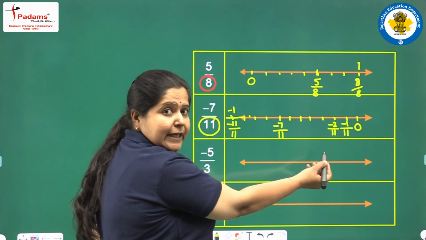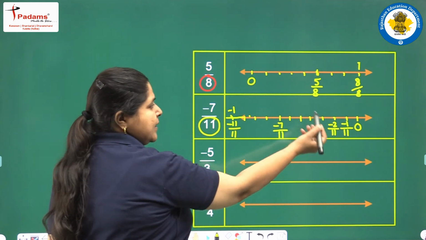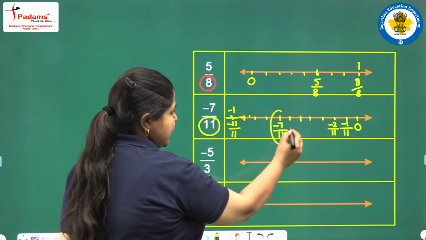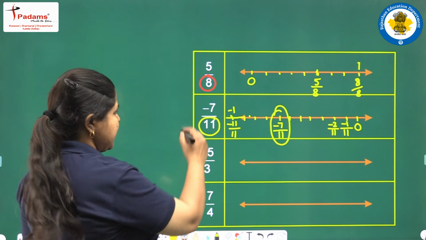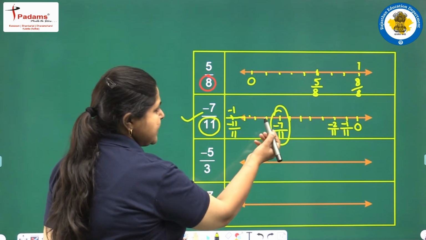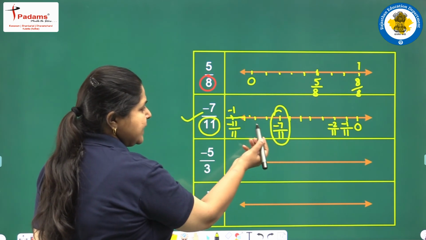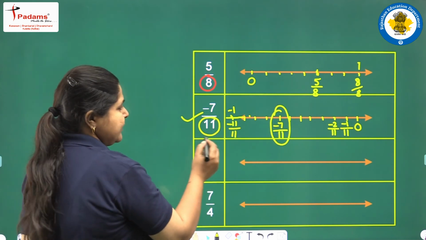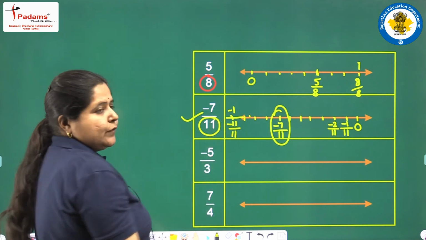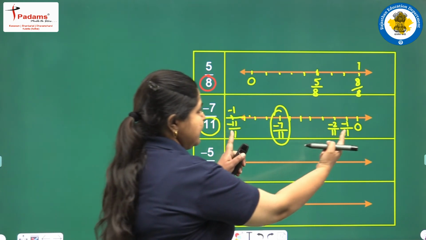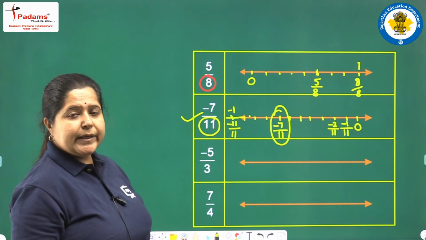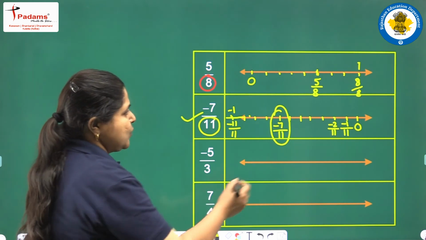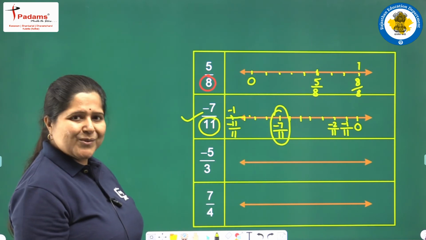पहले माइनस 1 अपॉन 11 मार्क किया, फिर माइनस 2 बाई 11, माइनस 3, माइनस 4, माइनस 5, माइनस 6. This is minus 7 upon 11 which is being asked here. Then minus 8 upon 11, minus 9 by 11, minus 10 by 11, and in the last minus 11 upon 11. Cut the 11, you will get minus 1. So we have divided 0 to minus 1 between 11 parts by marking 10 points in between. You can follow this method also.